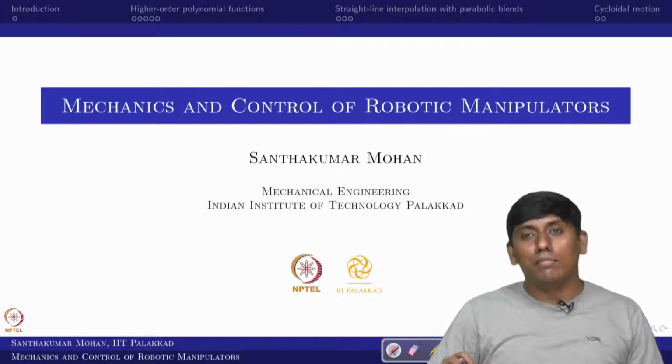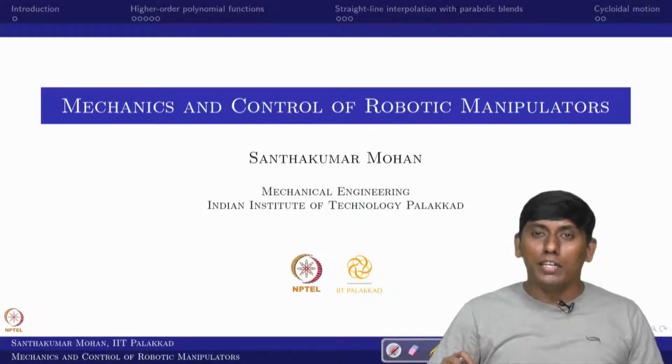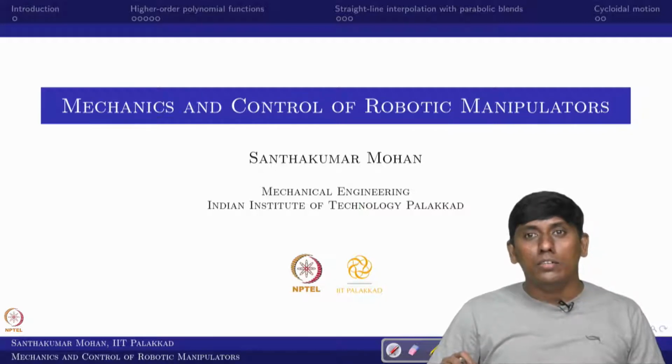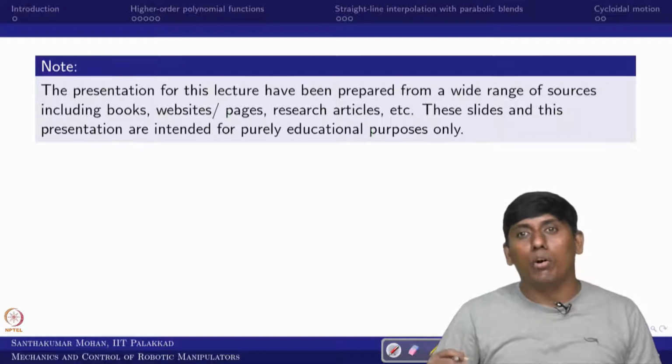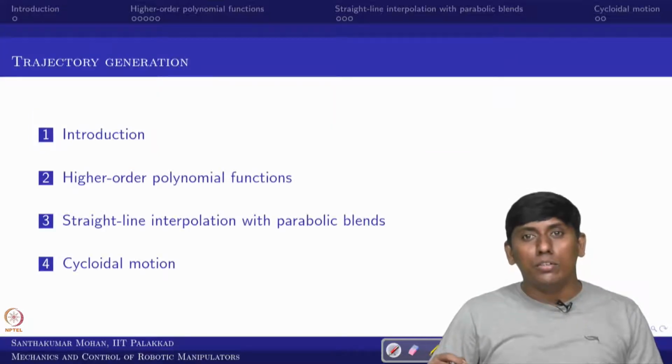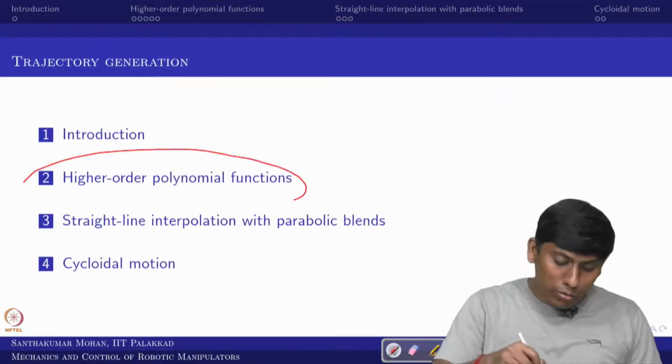In the last lecture we saw what a trajectory is and how to generate one using a cubic polynomial. At the end of that lecture, I gave a small limitation of the cubic polynomial, which is that it has no control over the initial and final acceleration, or straight away you can say no control over the acceleration. So, in this lecture we are trying to see how to overcome that with a higher order polynomial.